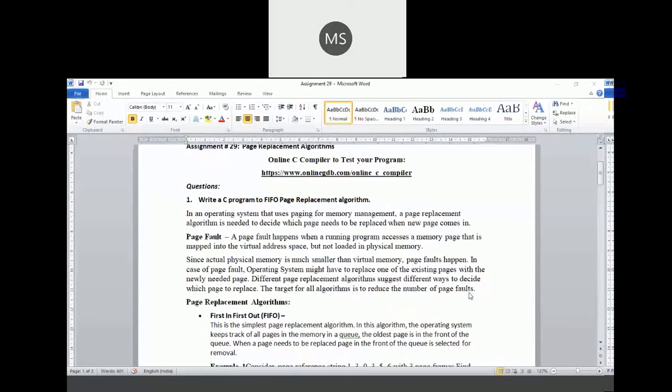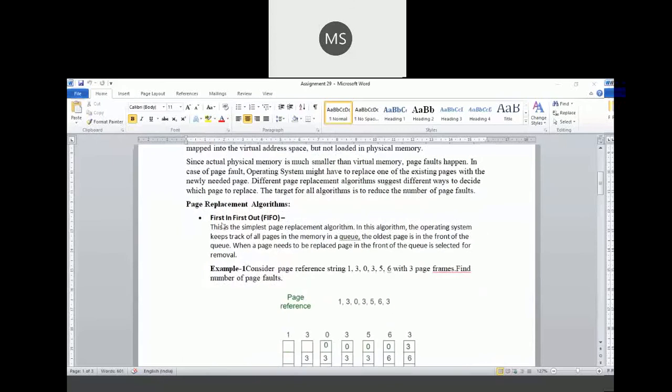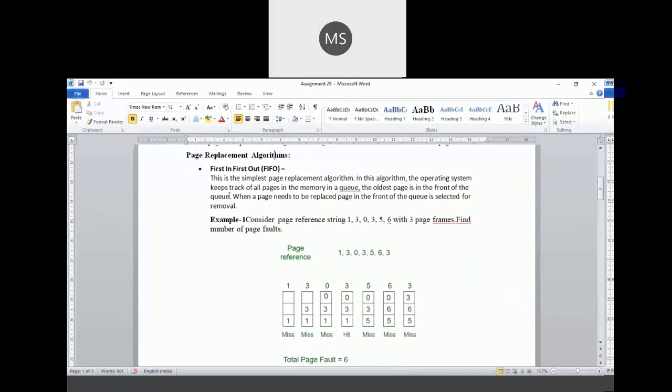The question is why we need different algorithms? Because we need to minimize the total number of page faults. Depending on the requirement, the number of page faults may be different for different programs and purposes. There are different algorithms available, and we will study the other algorithms later. The first and the easiest one is first in, first out, FIFO. That means the page that comes first in the main memory will have to leave first if some new page is to be requested. This is the simplest page replacement algorithm.